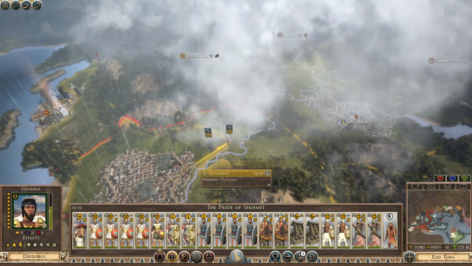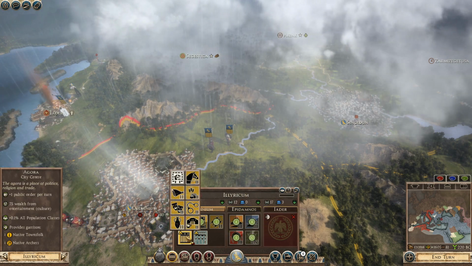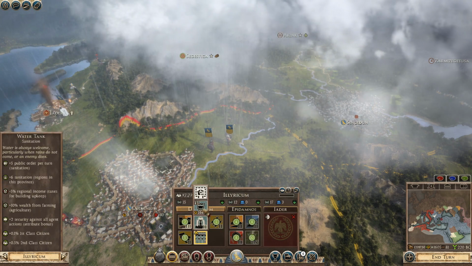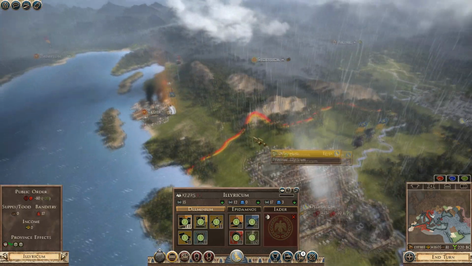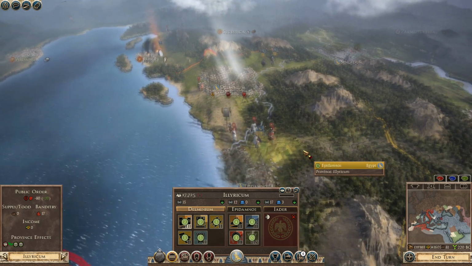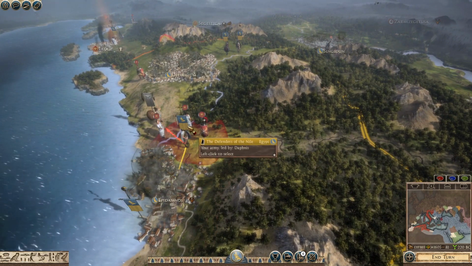My instinct is, how's the garrison here? Okay, we're going to need a library here. We're going to need public order and that as well. Get that built in there. Let me just see. These guys are going to...